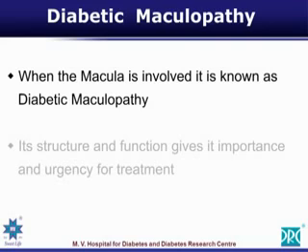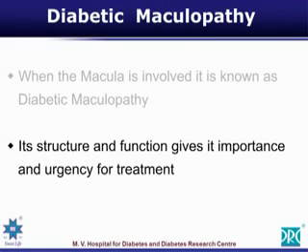When the macula is involved in the diabetic retinopathy process, we call it diabetic maculopathy. Why are we so worried about diabetic maculopathy? The whole visual acuity that the patient has, when you are looking at someone and someone is looking at you, takes place at this macula. The surrounding field of vision is looked after by the rest of the retina. The macula is just the size of a pin head, and it has almost 95% of the vision.